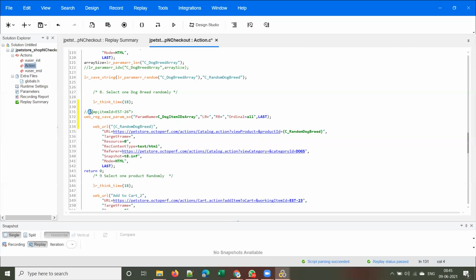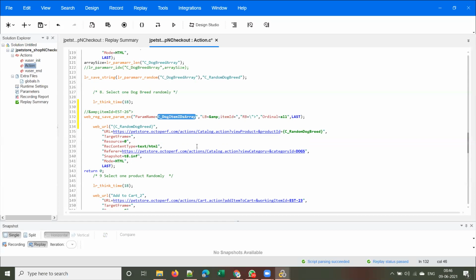So what is my left boundary? This is my left boundary. As there is a double quote in the right boundary, I'm using a backslash as an escape character.